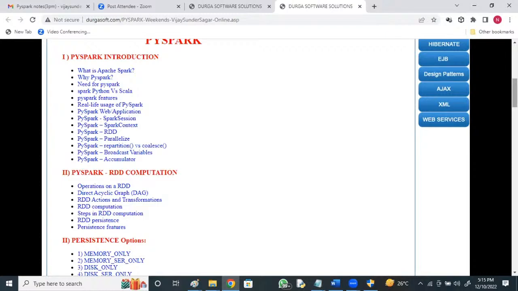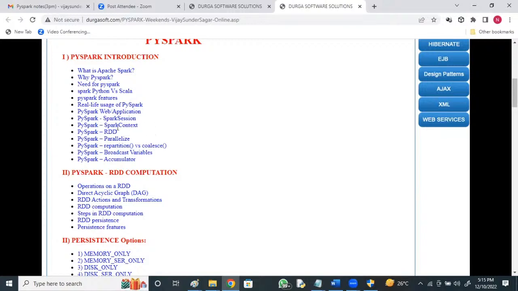Very less code you see, simple syntaxes we see, right? For this, and many modules, wide varieties of modules you can see, right? Many modules are available for it, and we can easily go for interactive mode. And here you see why Spark, the need for PySpark, and PySpark sessions, PySpark context,